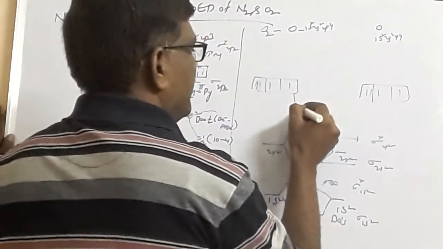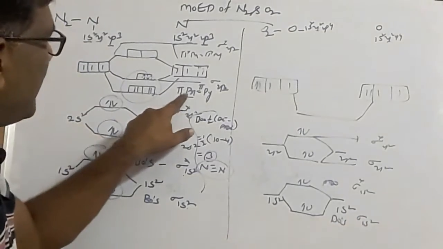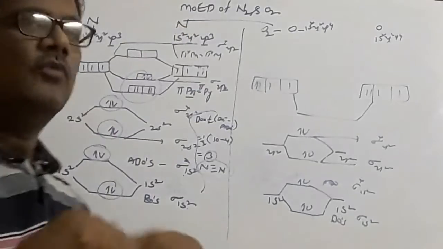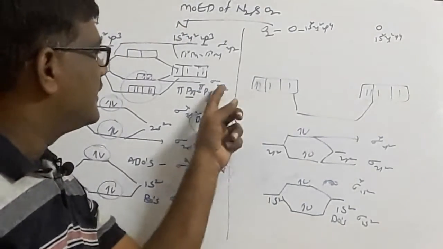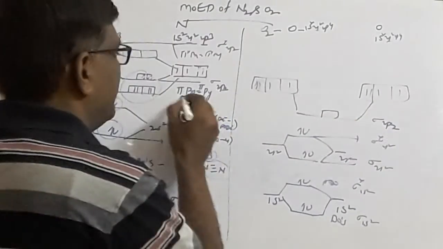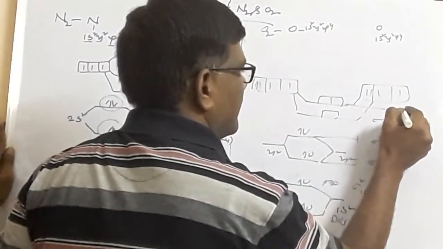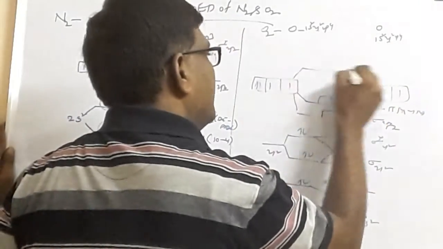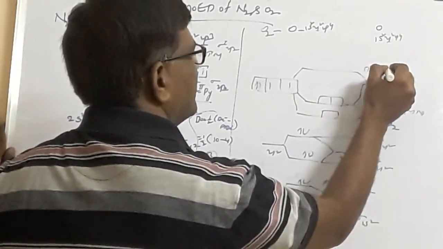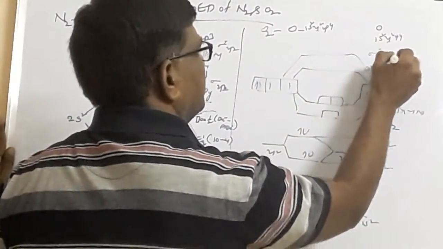How do they combine? Here it is quite interesting: they will have the least energy and the highest energy. Here, which is the least energy? In nitrogen, pi px equal to pi py will have the least energy, then sigma 2pz. Here these two are inverted. In the case of oxygen, sigma 2pz will have the least energy, only one orbital. Then pi px and pi py, two orbitals, pi px equal to pi py. Then what about the anti-bonding? Exactly the same. This is pi star px equal to pi star py. Then it is exactly equal to sigma star 2pz.